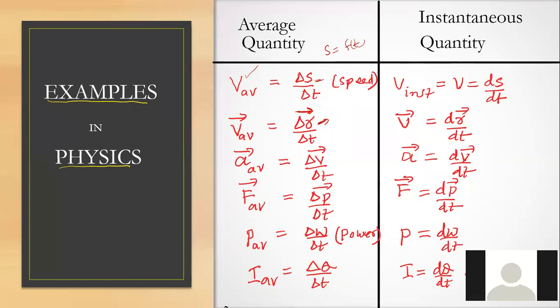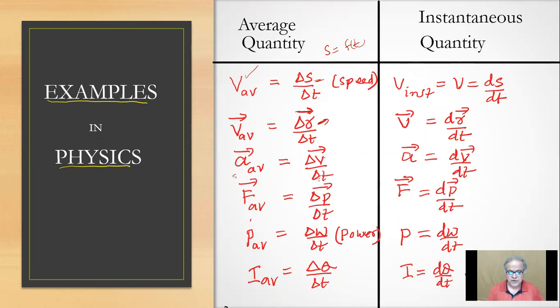Yes, sir. So this delta S by delta T is distance by time, basically. S2 minus S1 by T2 minus T1. Here, this is displacement. We call it delta R. This is called position vector change, that I will discuss later. But for the present, just say it is displacement. So displacement vector by time, that is V average. The average acceleration is change in velocity by time. But I'm writing it as delta V.